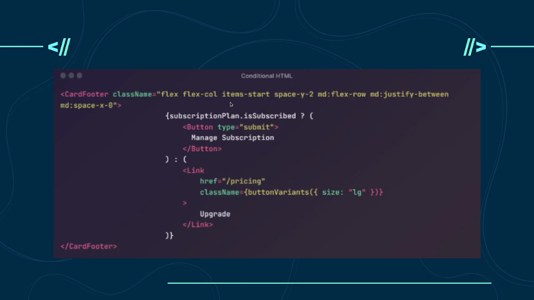And the power of that is, this is a project I made where I had a Stripe thing and I wanted people to subscribe, right? Because I'm greedy and I like money. So if they are subscribed, this is a Boolean value, true or false, then I want to give them the manage subscription button. Else, I want to give them the, hey, give me money button. So if you look here, using JavaScript in our HTML, JSX, we are able to do this with just this, right? And that's super cool because normally you would have to do that in your HTML and then define all of that behavior in the JavaScript. With JSX, you just put it in, we're chill, right?